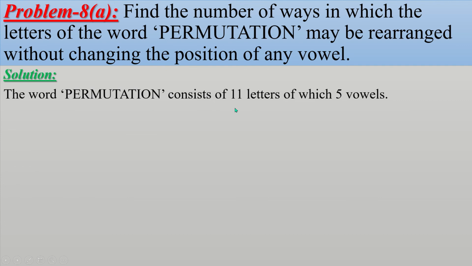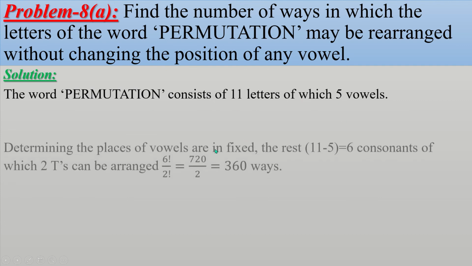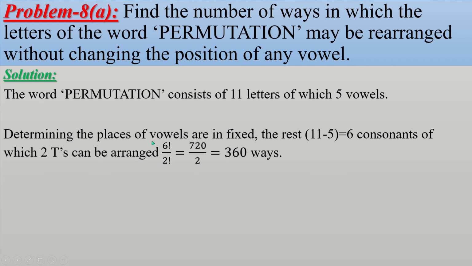The word permutation consists of 11 letters, of which 5 are vowels. Determining the places of vowels as fixed, the rest letters will be 11 minus 5, this is equal to 6 consonants, of which 2 T's can be arranged in 6 factorial divided by 2 factorial. This equal to 720 by 2. This equal to 360 ways. Total